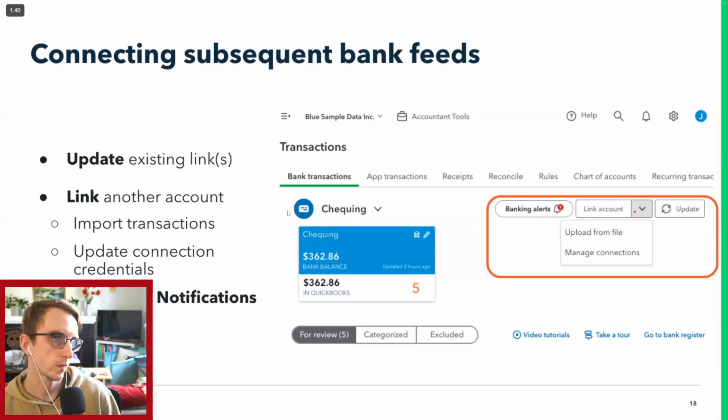In this particular case, we could go ahead and link a new account where we will be presented with that same workflow that we've just walked through, which is entering our online banking credentials, mapping it to the correct bank account in QBO or adding it on the fly, and bringing in those transactions. Okay? You can also upload from file, which we're going to cover in a later episode,